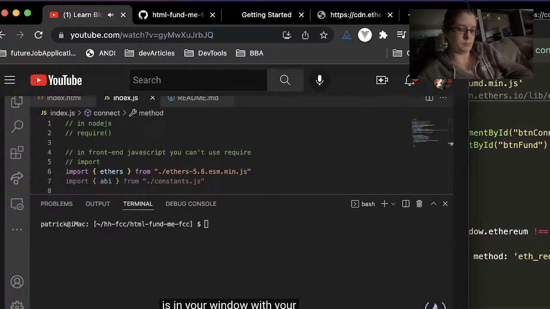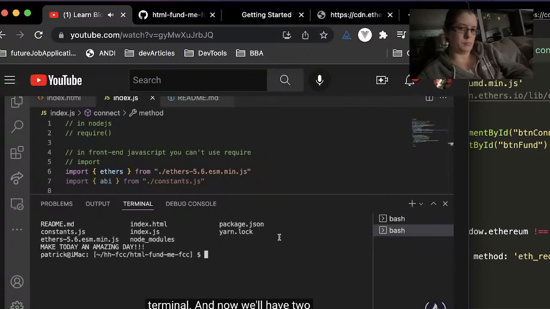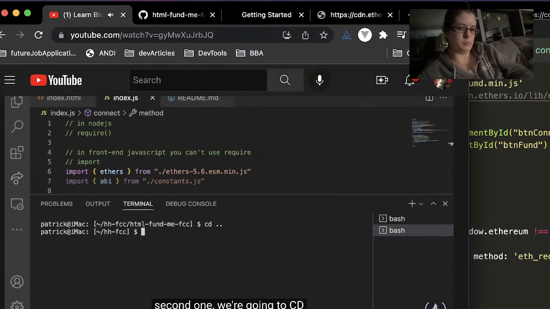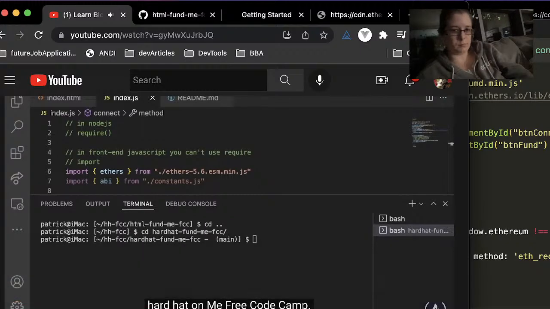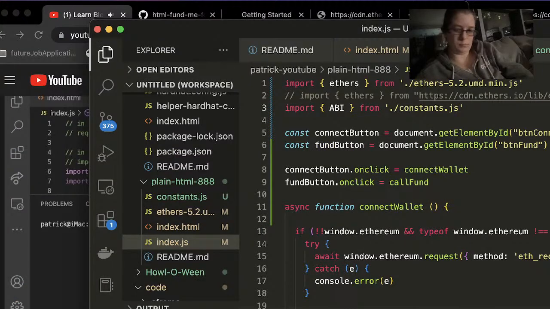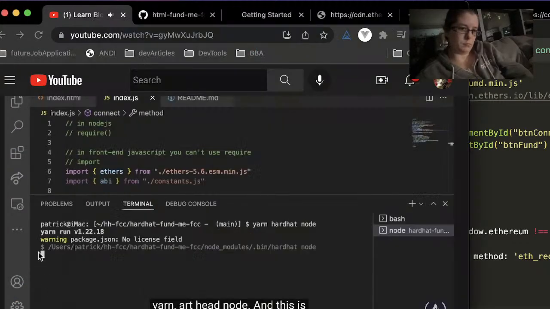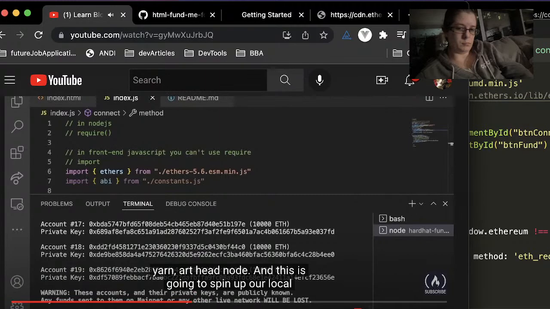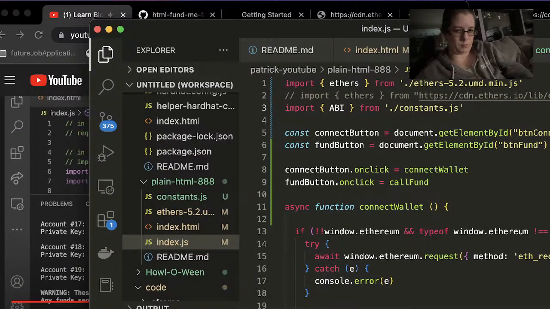Or what we can do, and this will probably be a little bit easier, is in your window with your front end code, we can create a new terminal, and now we'll have two terminals running. And in this second one, we're going to CD down, CD .., and then CD hardhat fund me free code camp. And in here, we're going to run yarn hardhat node, and this is going to spin up. Okay. So either way, we have to do